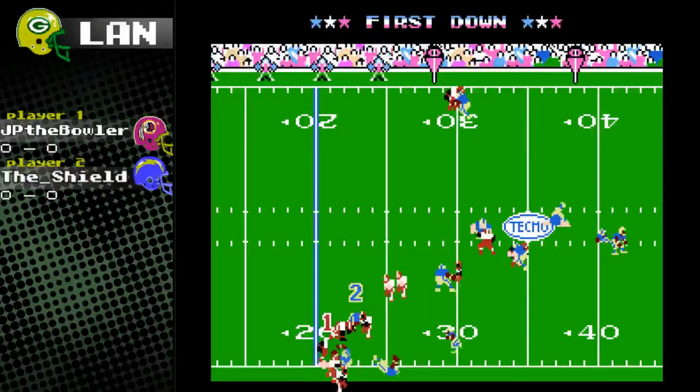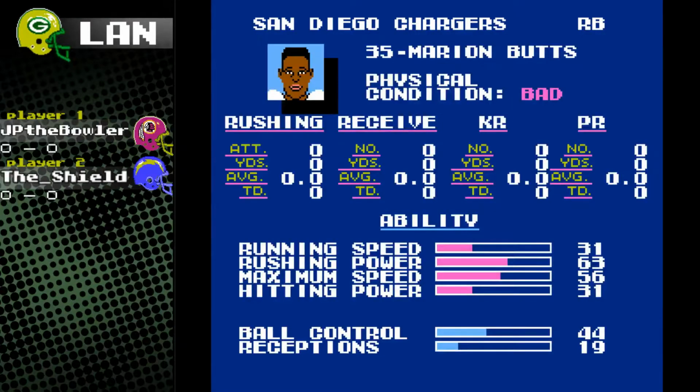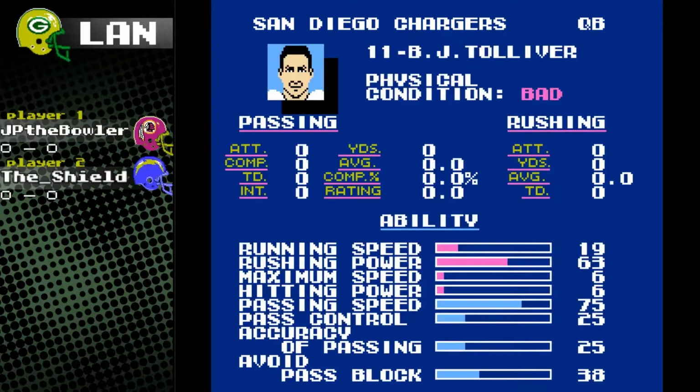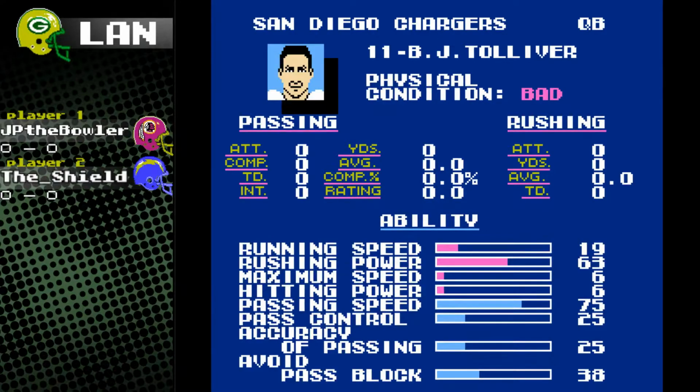Looks like he is in bad condition. Tolliver is also in bad. Vlasic in average. Depending on the risks that Tim is willing to take, he may want to make that change over to Vlasic. May leave Tolliver in and just be a little more...